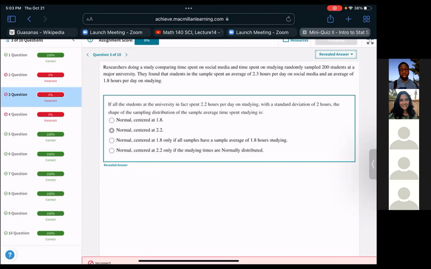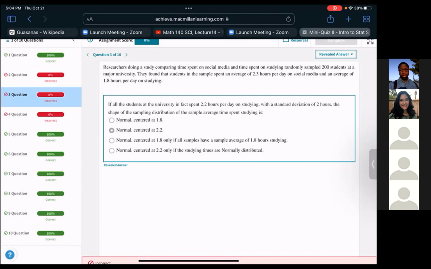Okay, studying. If all of the students, in fact, spend 2.2 hours a day on studying with a standard deviation of 2 hours, the shape of the sampling distribution of the sample average time spent studying is certainly going to be normal. And it is centered at 2.2 because that,